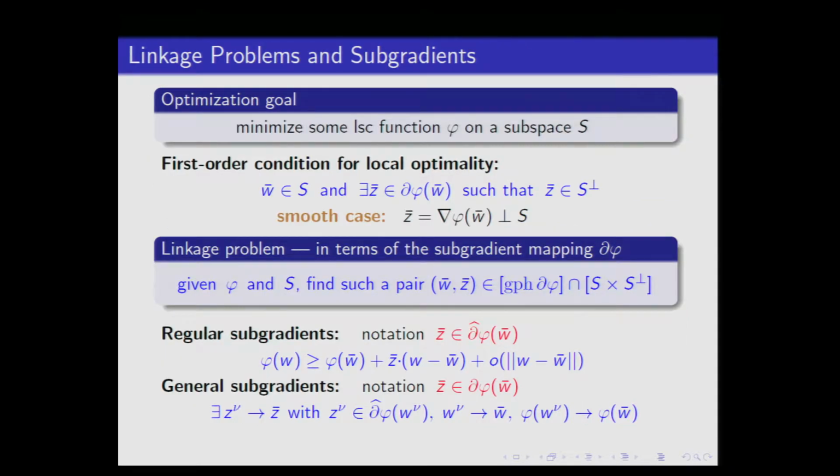So let's look at this. I'm interested in minimizing, and I'm only assuming it's lower semi-continuous, on a subspace. And there's a first order condition for that, which is that you're looking at a point. I change the notation so I can switch back to the x's and u's later. I have a w in this. This is just some subspace, and has nothing to do with the earlier one. I have a w in the subspace, and there should be a subgradient z bar at that w, such that z bar belongs to the orthogonal complement.